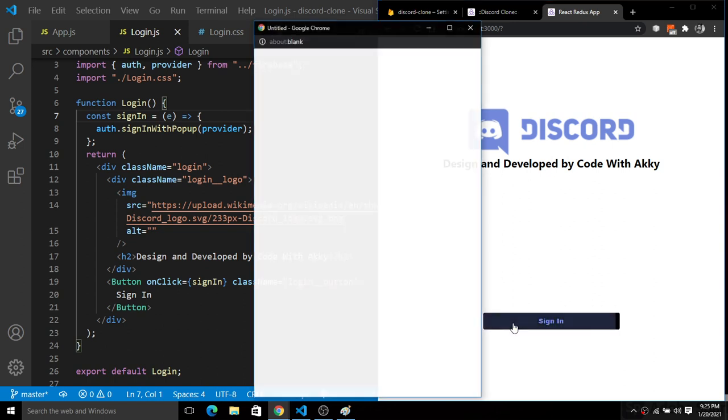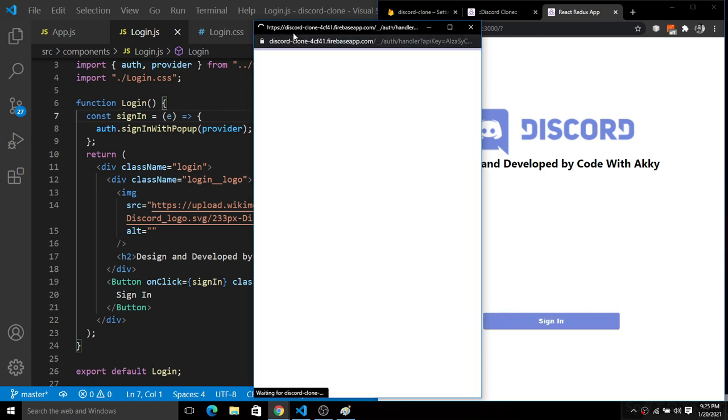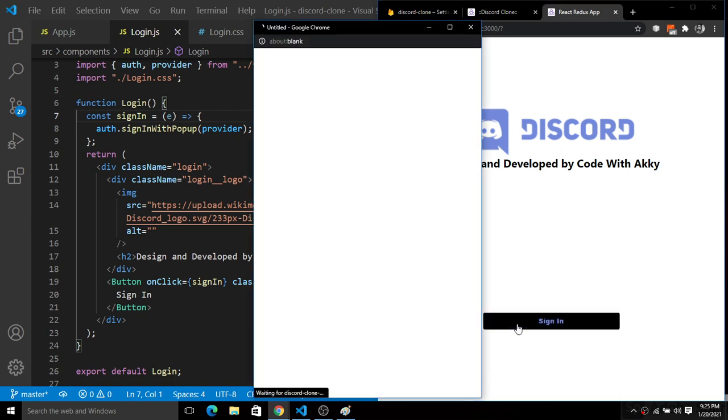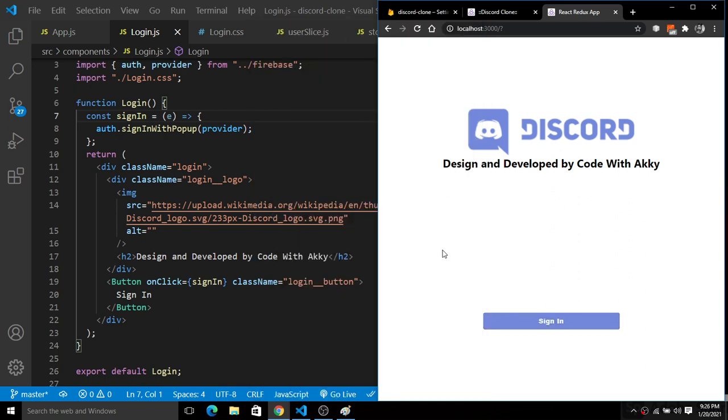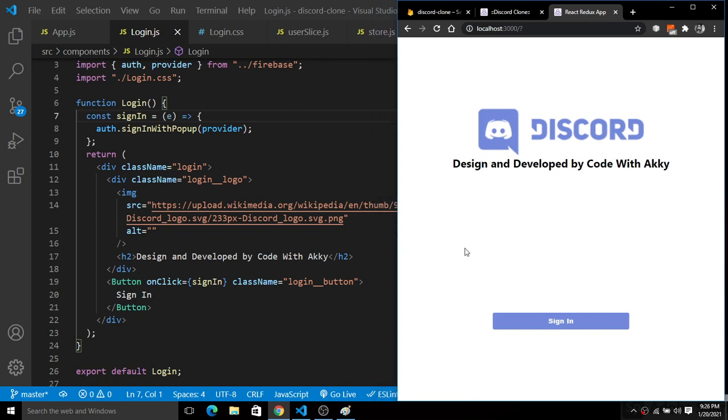So click on this sign in. There is a pop-up. Now you guys can see here it is asking about the user. Okay, I think something is happening here. Let me check first of all.